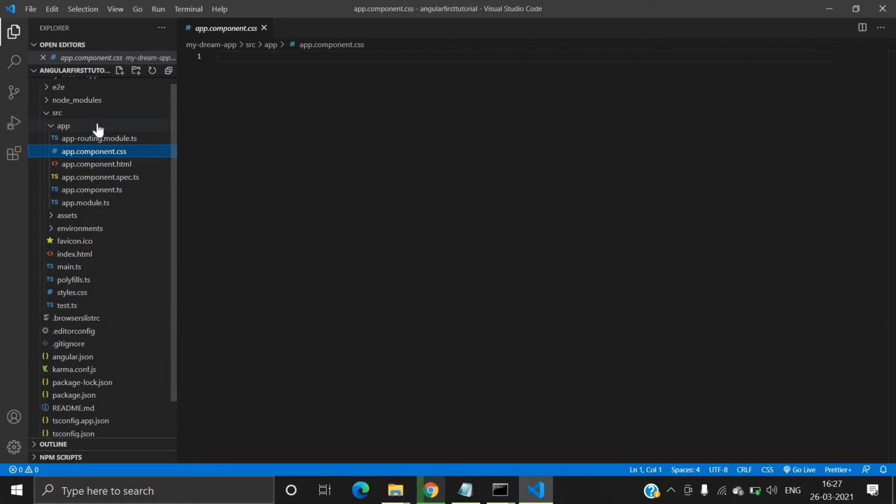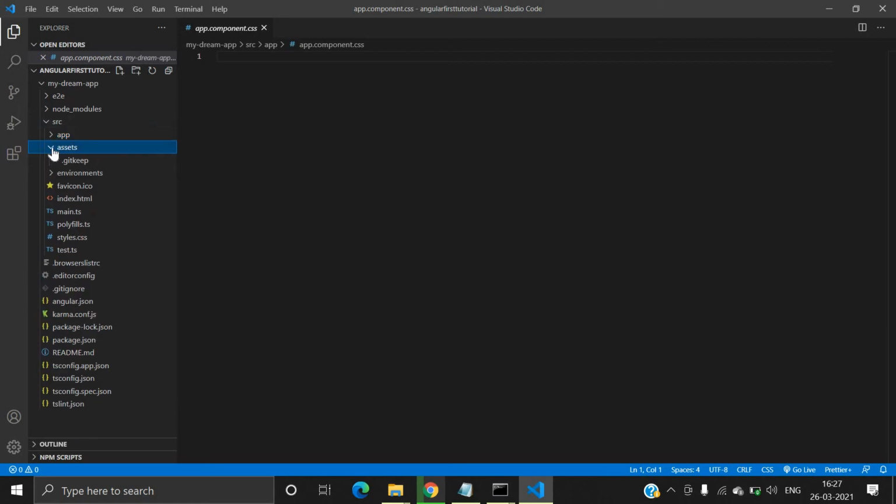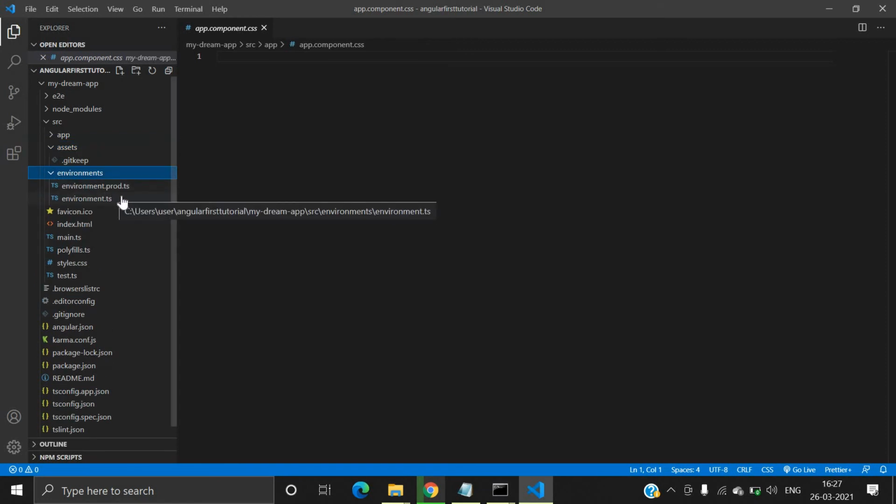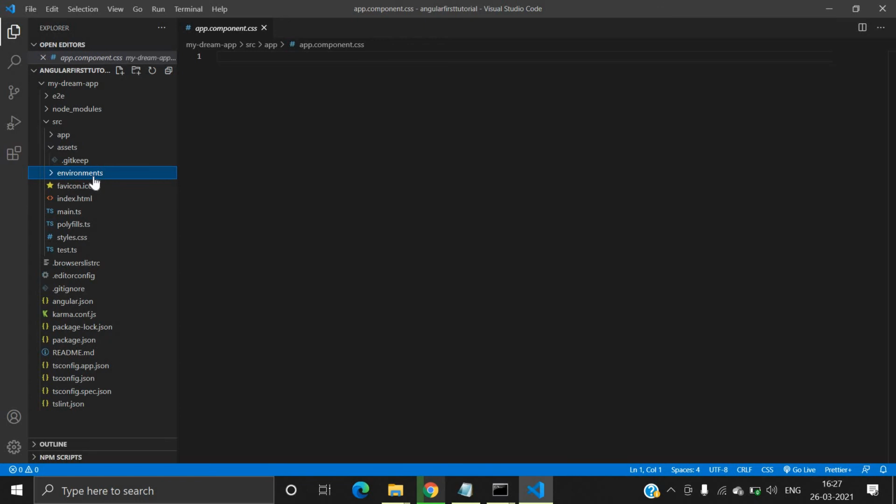If I talk about assets, if you want to use any images, you can store them inside this assets folder. And environments: if you want to set up environments like production deployment, you can easily put that inside this, and you can set the environment.